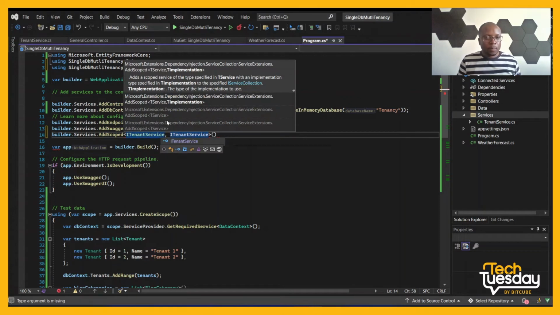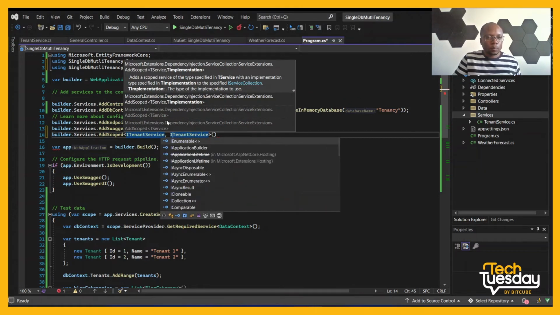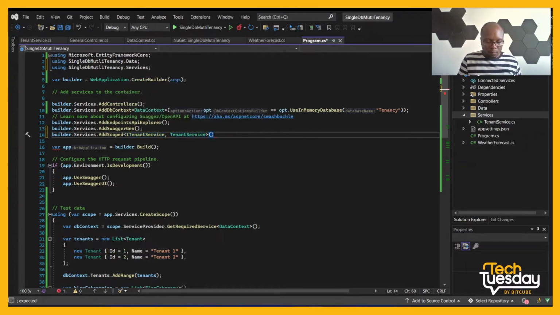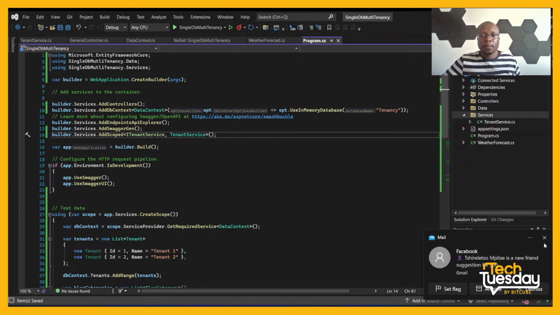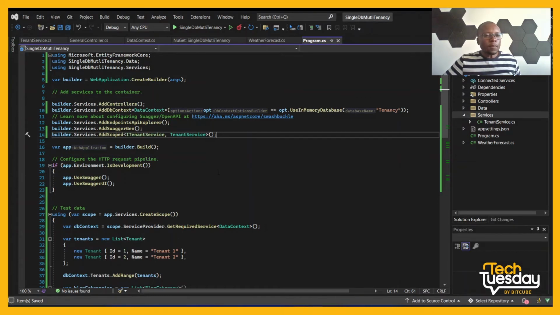Allow that to import. So basically what we just did here, we added it to our DI container. I'm not going to go through dependency injection to any extent in this video. I think that would be a topic for another day. That would probably be a video on its own. But basically what we are saying in a nutshell is that